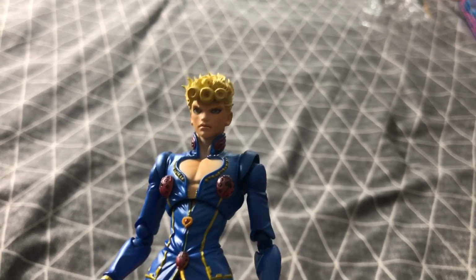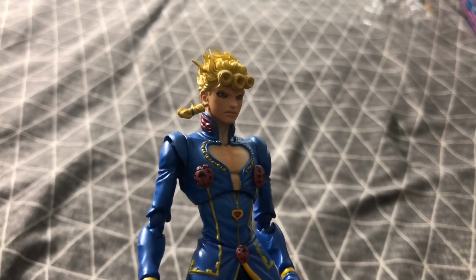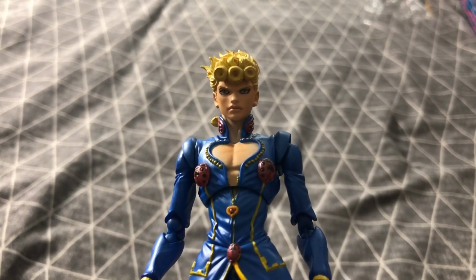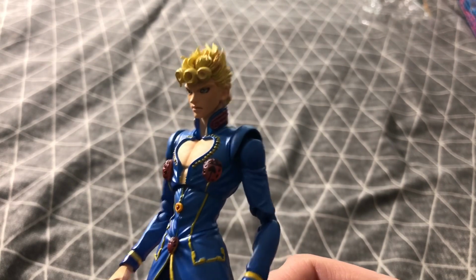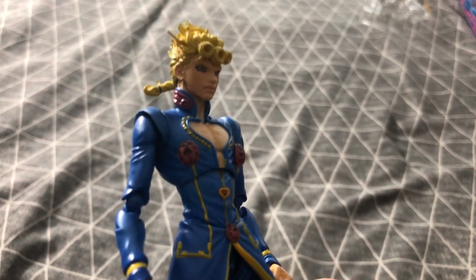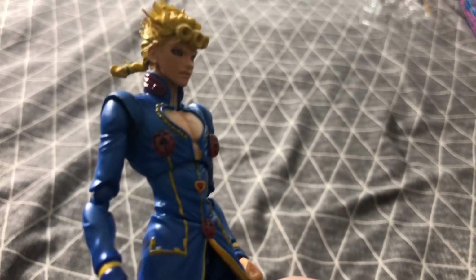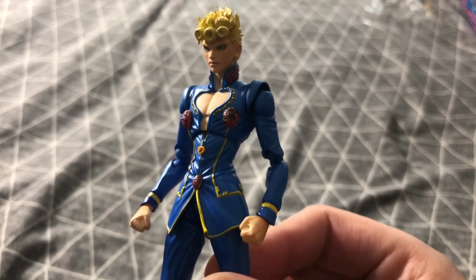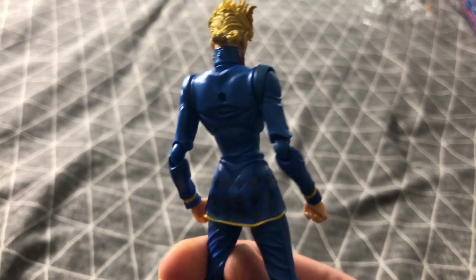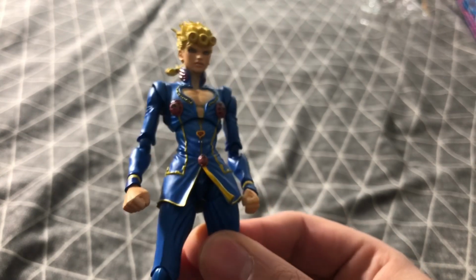So to start with, we've got his nice blonde hair, the donut hairstyle that he always wears, and the plait at the back. His brownish hazel eyes, let's say, and the face is painted really mean. The hair nice and blonde and golden, hence Golden Wind. You've got the red wings at the side of his neck there, painted on dead nicely. His suit, a nice blue. Don't know what blue you'd call that, but it's a really nice blue with a silver sheen painted over it to give it that kind of